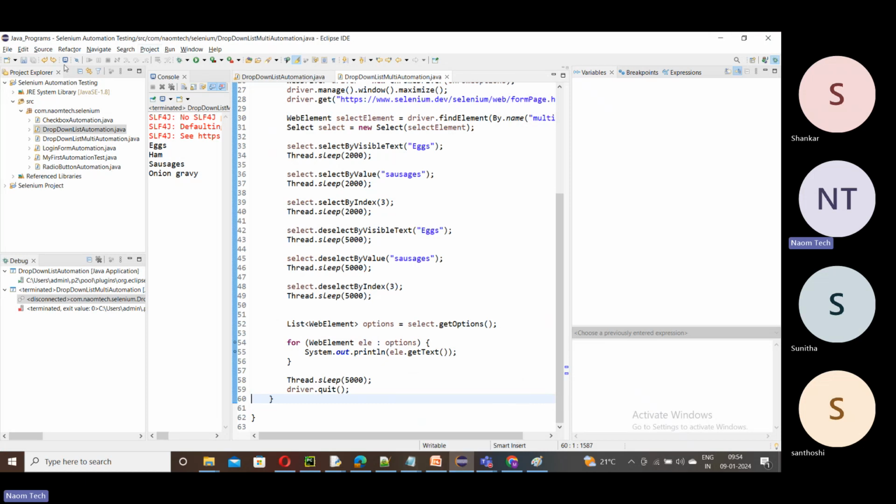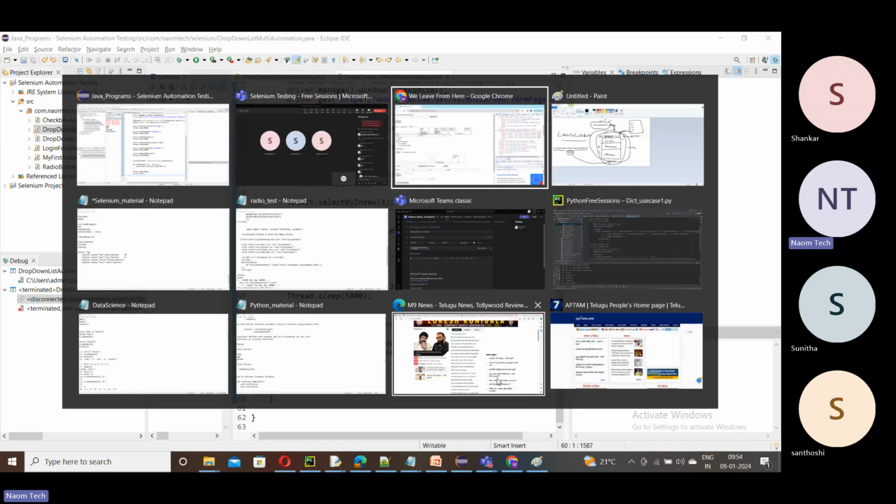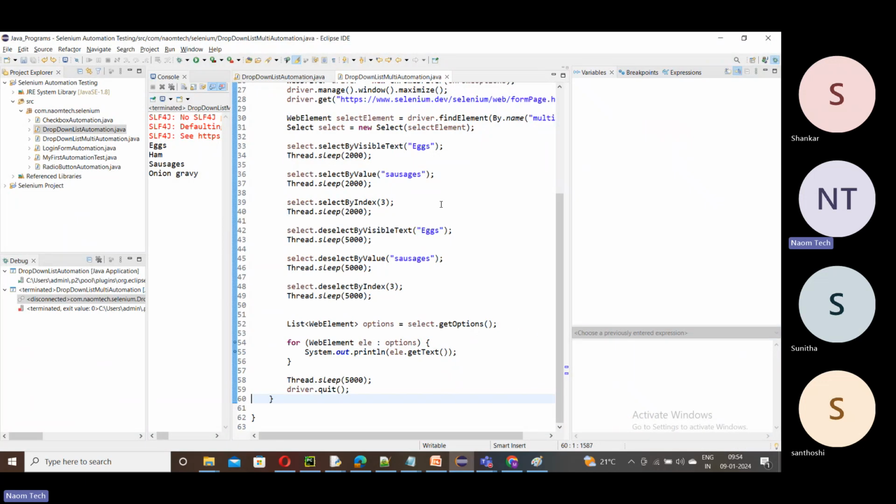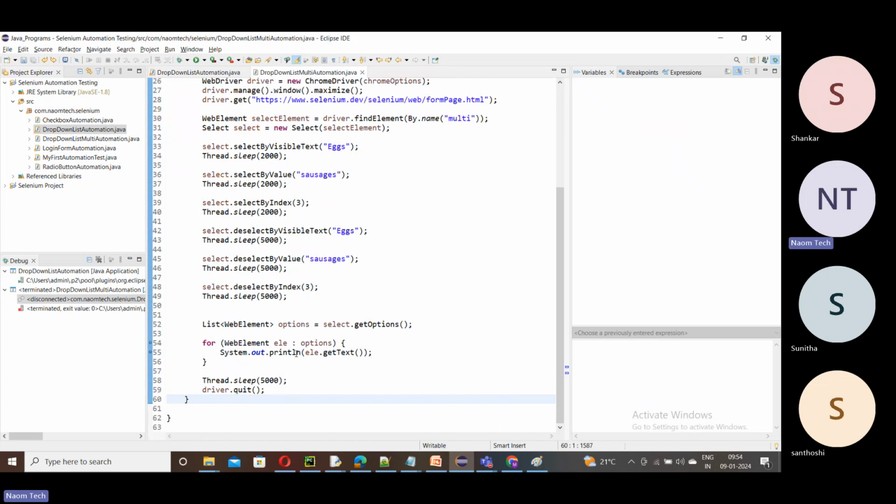So this is about the drop down list, the multi-select drop down. There are a few more methods. You can play with all this. I'll just give a quick heads up for how you can play yourself. Just select a few more, two or three. You can unselect this. Now you can apply a few more methods here. You can close this for the time being. So how to play with a few more methods? See here. Simply you can say,